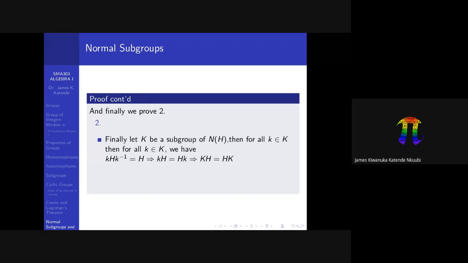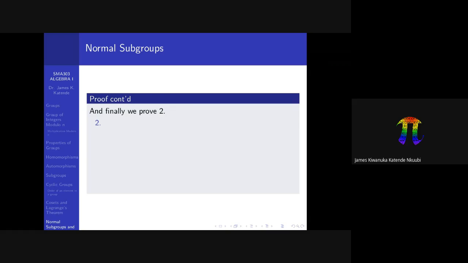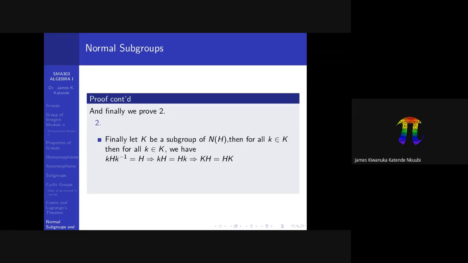So finally we proved 2. What was 2? Does anyone still remember what 2 was? We say that if K is a subgroup of a normalizer of H, then H is a normal subgroup of KH. So let's assume K is a subgroup of a normalizer of H. Then for any elements you pick from this subgroup K,